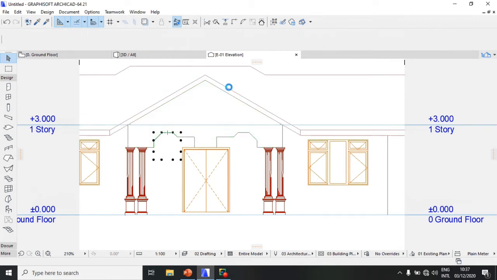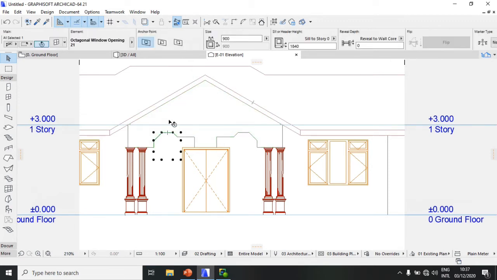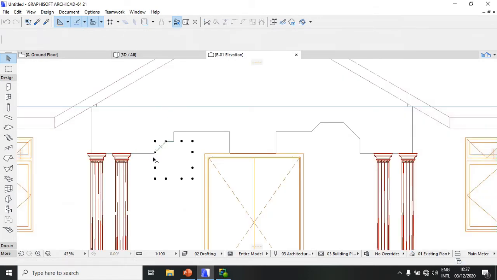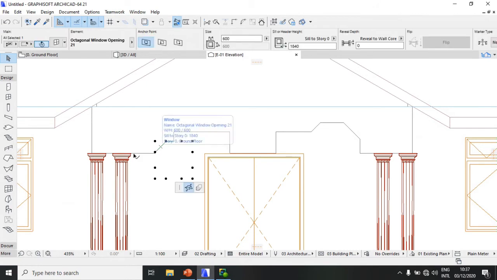So I'll have to adjust. 900. What if I use 600? What will happen? 600. Click outside. So it's now okay. And then I'll drag, escape, Control D,